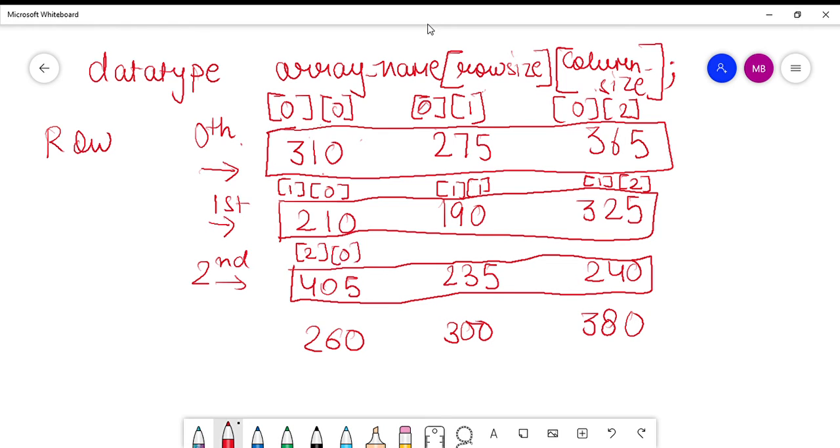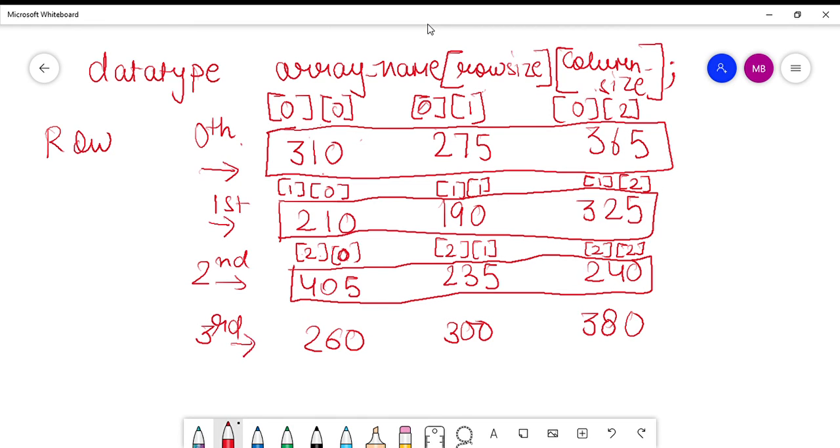Since this is the first column of the second row and we start the indexing from 0, second row, 0th column. Then second row, first column. Then second row, second column. Okay, so now coming on to the last row of this table, that is the third row.